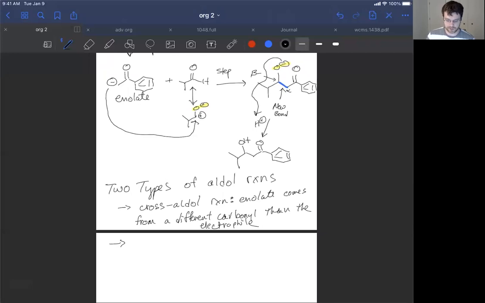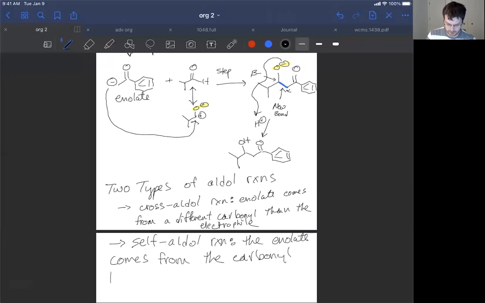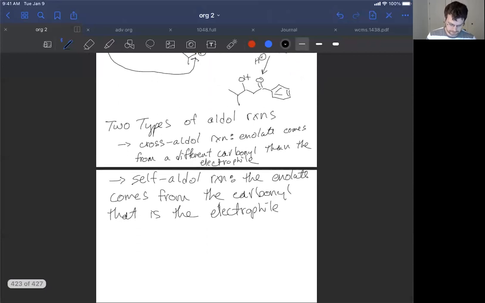A self-aldol reaction is different. In a self-aldol reaction, the enolate comes from the carbonyl that is the electrophile. Okay, so let's look at an example of that. Let's say we've got